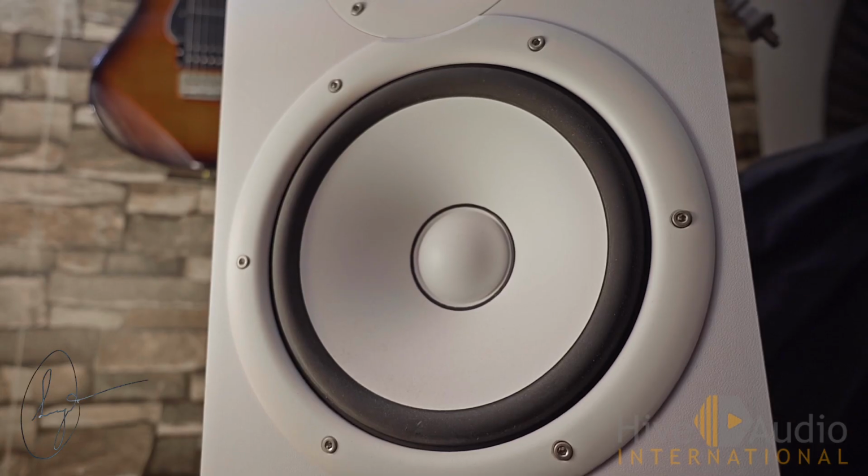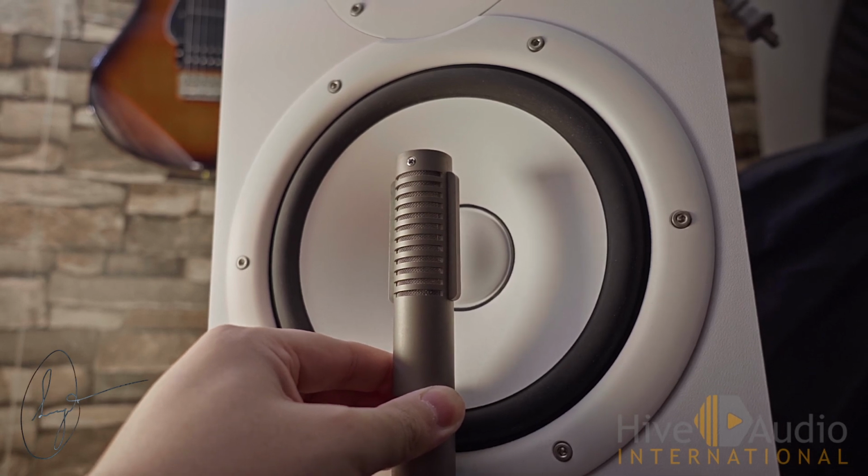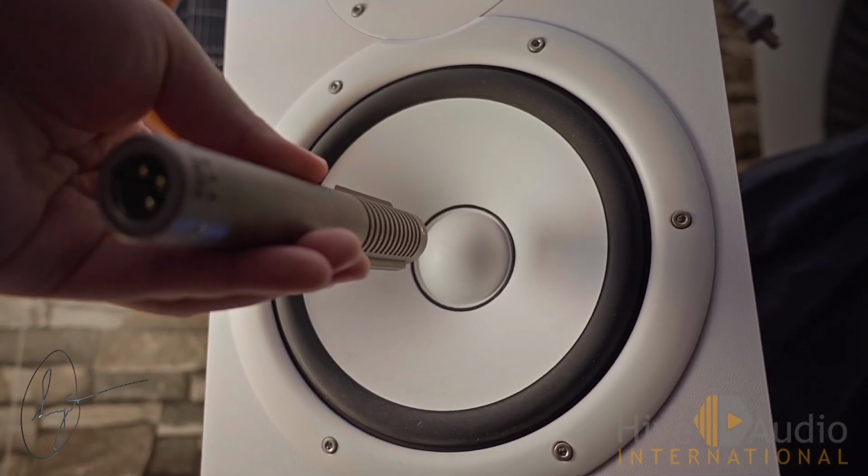Me being a guitar player, I wanted to see how the Royer 121 would sound on my 1x12 cabinet by itself and with its legendary guitar amp counterpart, a Shure SM57, in parallel. I arranged the two microphones the same way that Nashville session guitarist Sean Tubbs, of Carrie Underwood, arranges his, and I love his guitar tone. Basically, you get your 121, put it as close to the speaker grill cloth as possible, pointed directly at the center of the dust cap, and then you get your SM57 and put it right where the cap